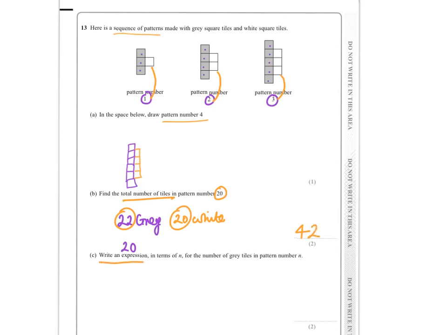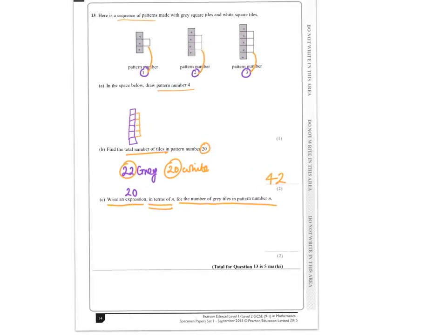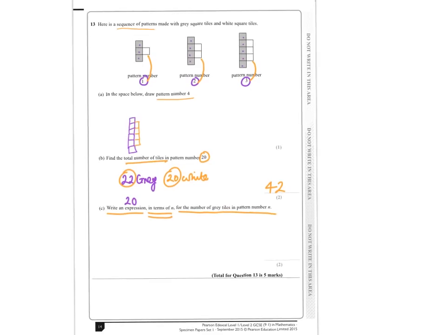It then wants you to write an expression in terms of n for the number of grey tiles in pattern number n. Well, one way of looking at this, we can say the pattern number here versus how many grey tiles. So pattern number 1, 2, 3, 4, pattern number n, and then the grey tiles starts 3, 4,